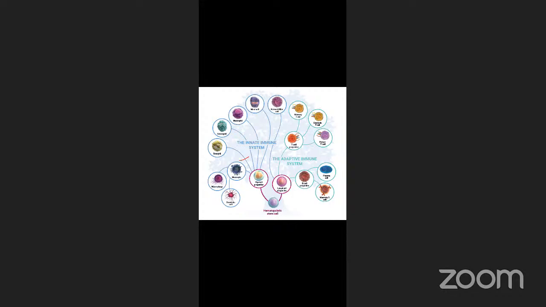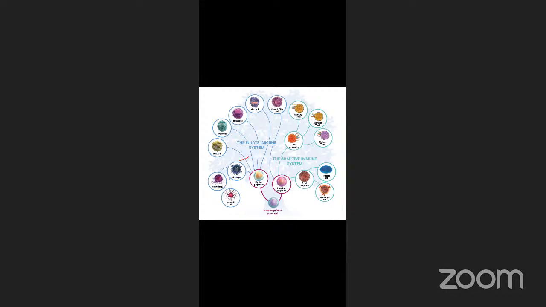And we have another mononuclear cell, that is the dendritic cell. The dendritic cells are involved in antigen presenting or antigen processing. This cell processes the antigen, and it presents the antigens to the Th cell or Tc cell. And these dendritic cells are of two types, especially